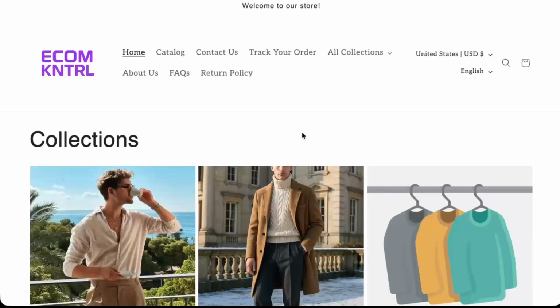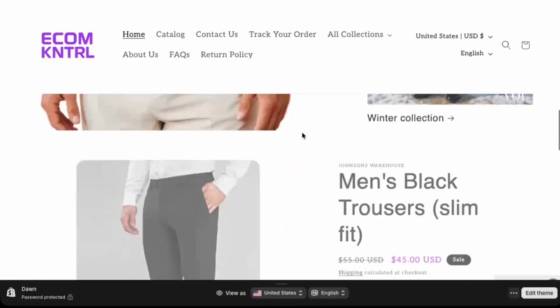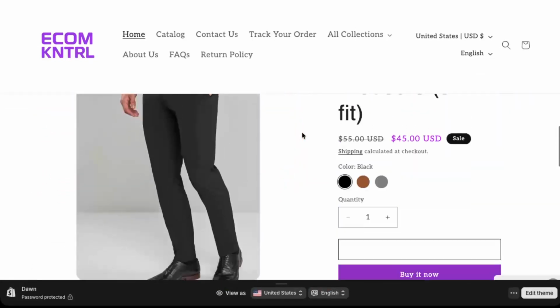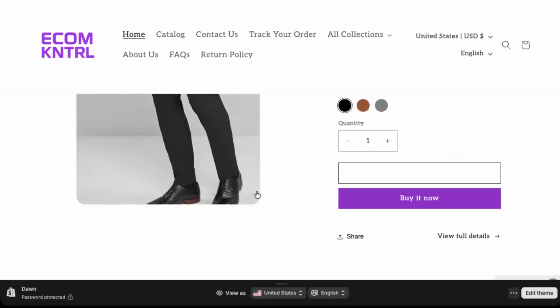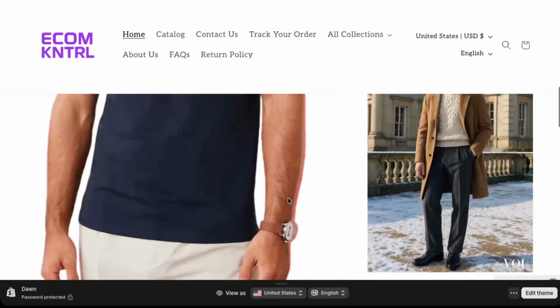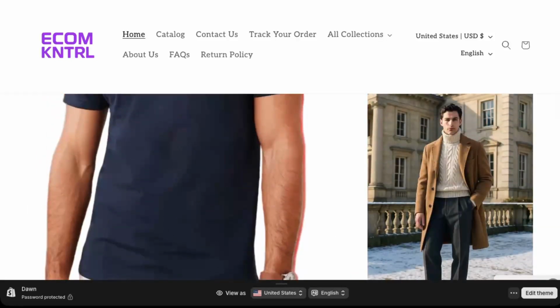Navigate to a collection or product page and check your product images. You should now see that your product pictures have rounded corners. If you don't see changes immediately, refresh the page or try in a private browser window. That's it. You've successfully added rounded corners